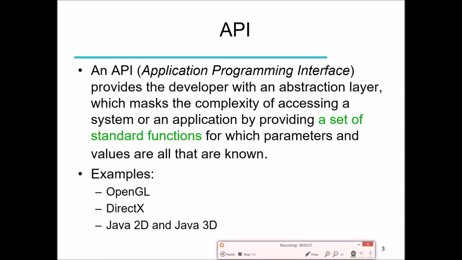In Java, because you have already taken the course, you know that we have to download the Java JDK, and it consists of a lot of packages. Within each package the classes are there. How we can access these classes, how we can import these classes, and how we can call the methods is described in the application programming interface. Usually when you download the JDK, there is accompanying documentation, so you can also download the documentation. In the documentation there are a lot of details about the different packages and classes and how they are organized.